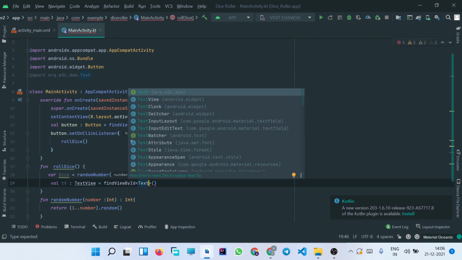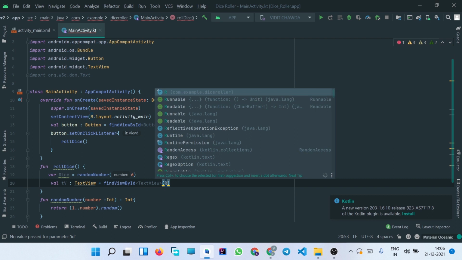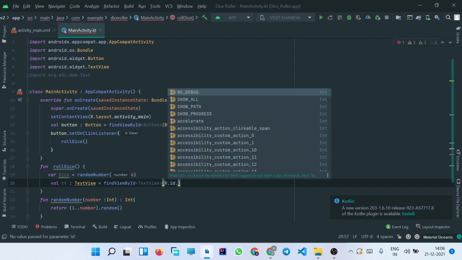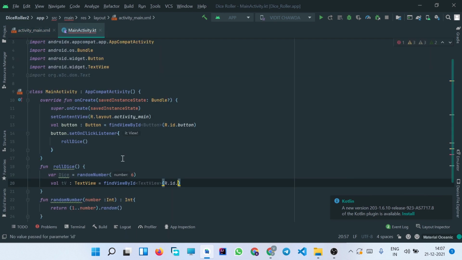Here we are again going to write TextView, then we'll write R.id. and the id of the text view that we want to import. The id of this text view is simply textView. So we'll copy this id and simply paste it here.